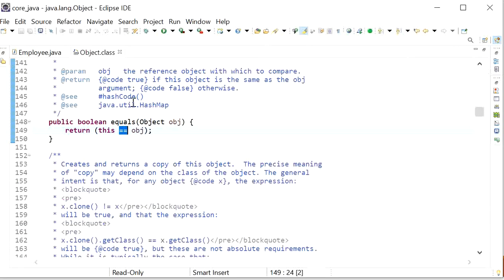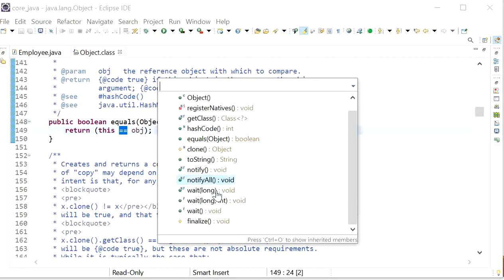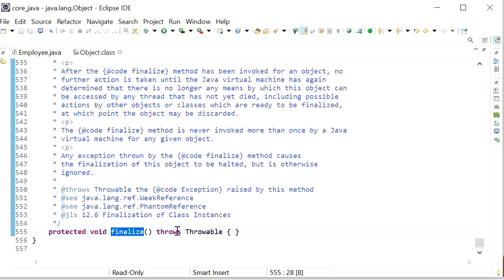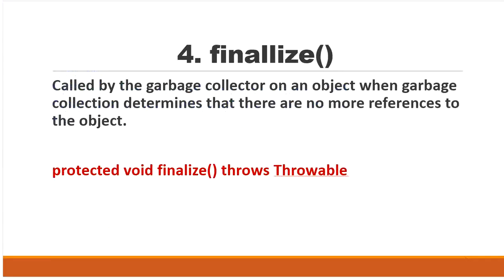So here we can see this method, that is the finalize method, and this is protected, void, finalize, throws. And just before destroying the object, the garbage collector calls the finalize method, used to perform the cleanup activity. So this method's main purpose is to perform the cleanup activities, and this function is called by the garbage collector.